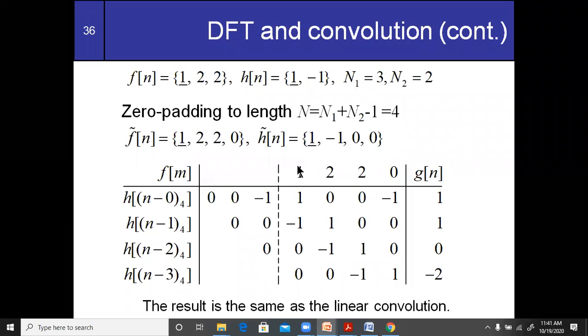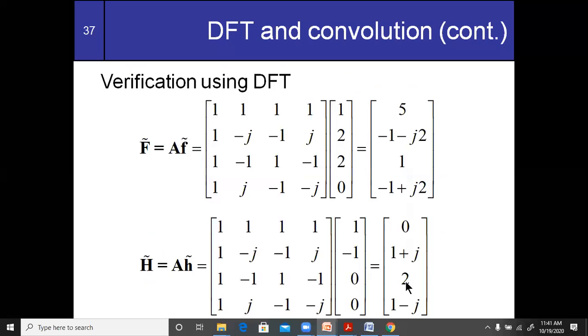Now you need to multiply this with the corresponding quantities and then add, and you'll get this. Corresponding quantities, this with this, this with this, this with this, this with this, and then add, you'll get 0, and so on. Okay, so this is the way we do the linear convolution. So we'll try to do